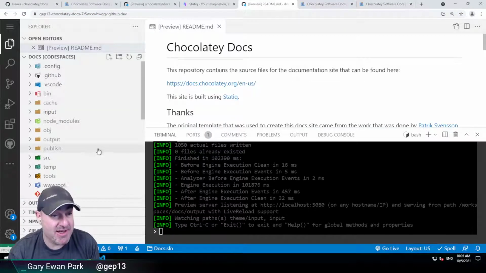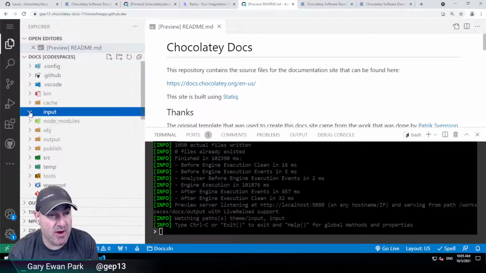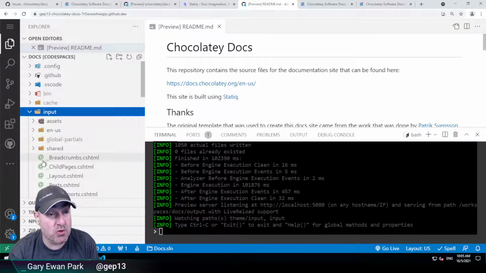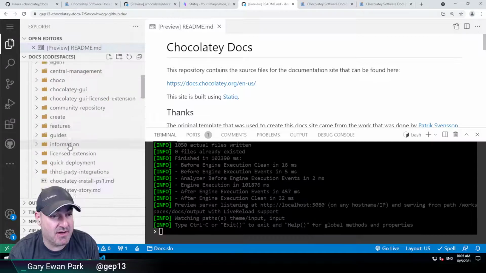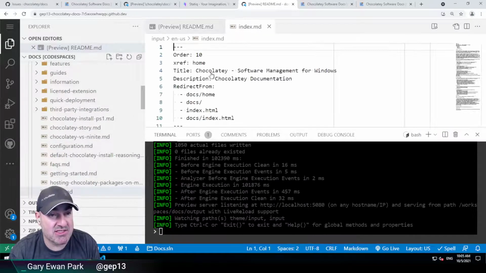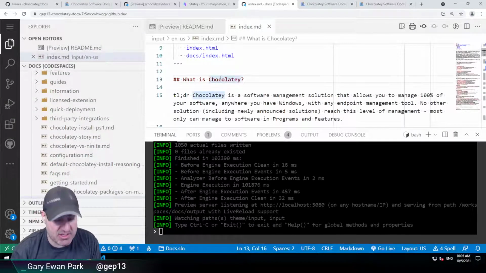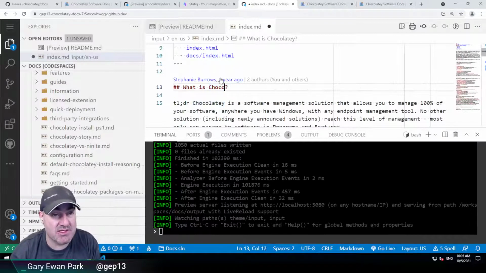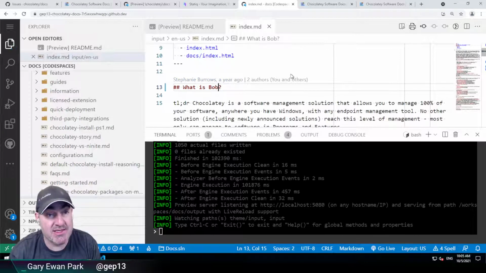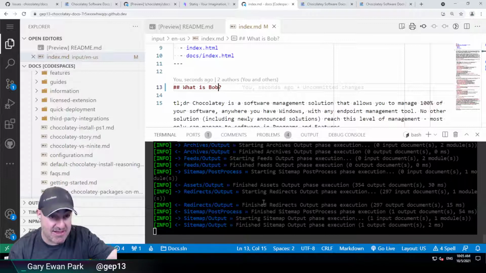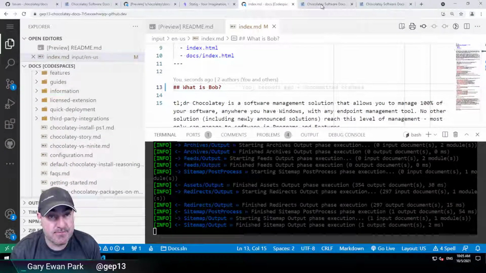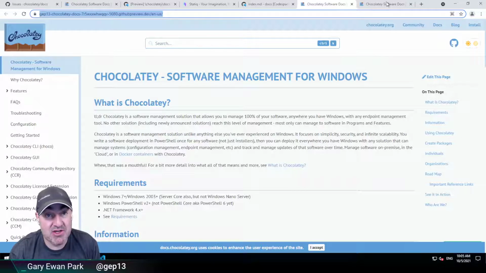So if I wanted to make a change, the change that I made in the previous video, where I was running locally, was I went into the index.md file at the root, and I changed this word here from Chocolatey to Gary. So this time round, I'm going to change this to Bob, just so I'm doing something different, and I'm going to hit save. So this is then going to kick off the static process again, running in the container, in the cloud. And then what should happen is that this page will be